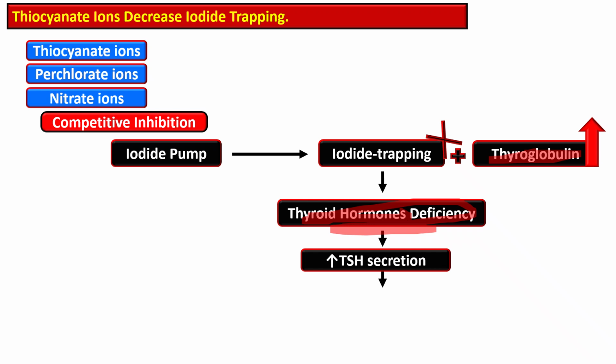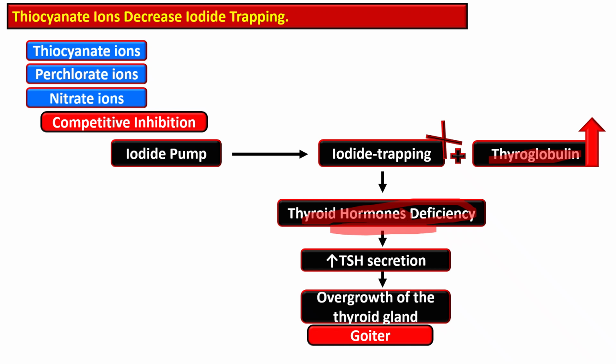So as the concentration of the thyroid hormone decreases, it will increase the concentration of TSH. It sends the signal that the hormone is not present, and by negative feedback, the anterior pituitary increases the TSH hormone production. This TSH stimulates the thyroid gland excessively, and this excessive, unresponsive stimulation leads to enlargement of the thyroid gland that is termed as goiter.